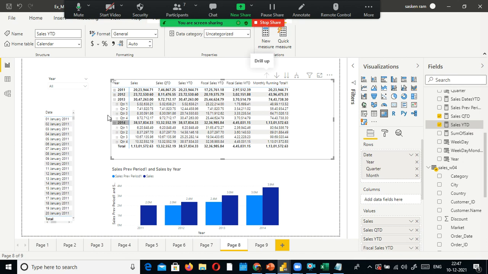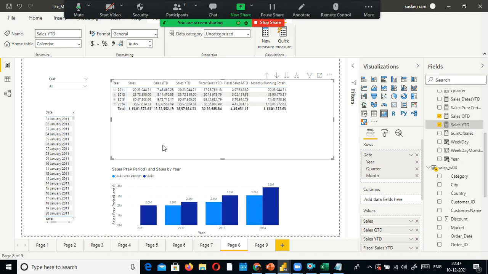Okay, if you do drill up, you don't have to manually do this. Look here, the year to date for 2023, and for 2022 the year to date is reset, right? So for this, the total sale is 2,372,530 for this year, right? This is based on the calendar year.